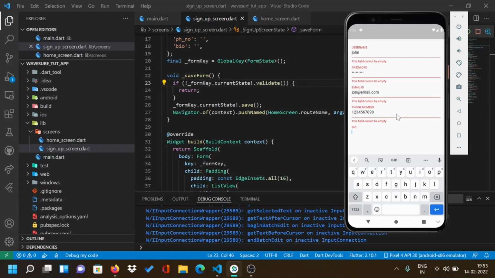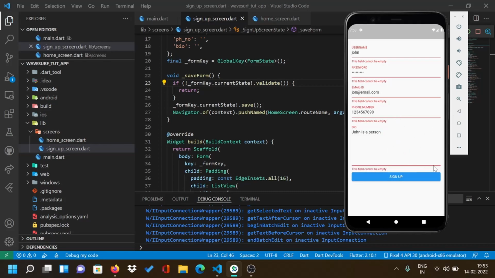And we are going to provide some any valid bio here, and let us say the bio is that John is a person, as we all are. And now let us, before signing up the user, let us try and play around this